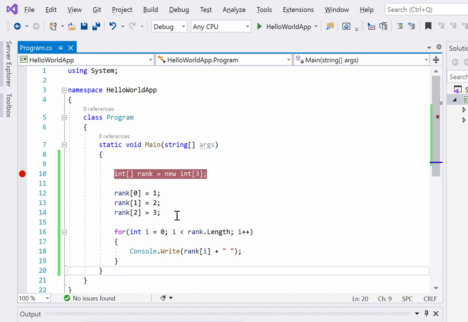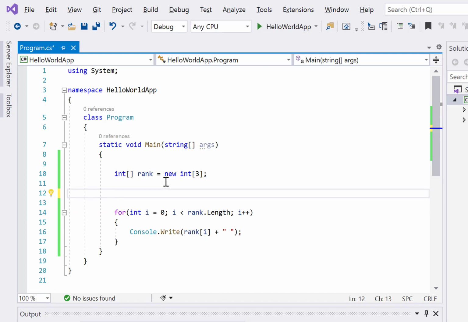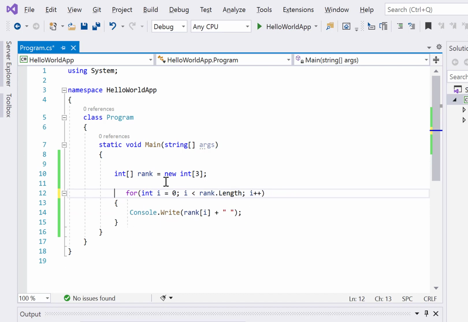Now here we have another thing as well. This is one way of declaring and defining. In fact, we can directly assign the values as well, because here we declared the value, then we defined the value, and here we are assigning the value. Rather than this, we can assign the values directly when we are declaring the array variable. So how can we do that?